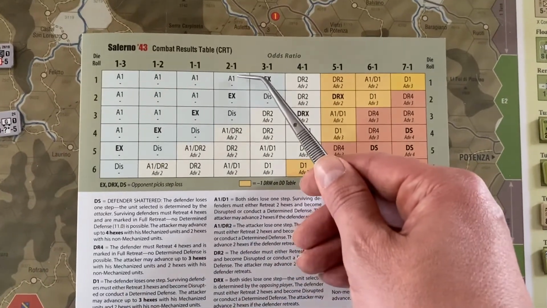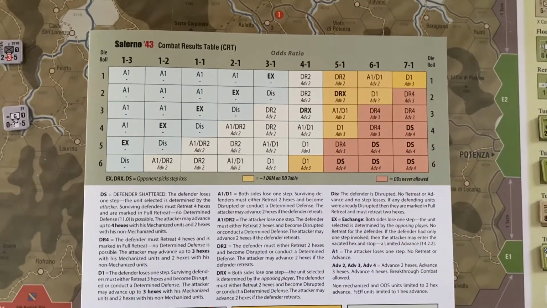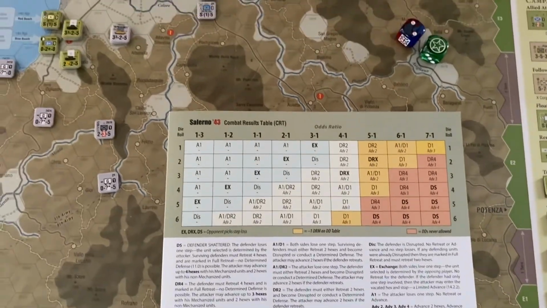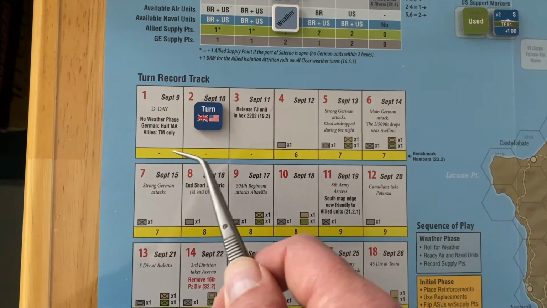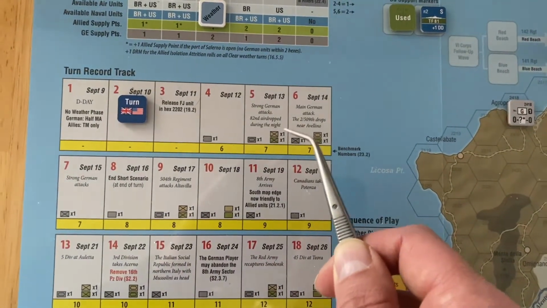The bottom line is with 1, 2, 3, 4, 4 of the 6 results mean I take a step loss. The question is, do I want to do that at this time? So before I start moving things, let's just look at the replacement schedule. We're going to have some replacements start coming in, and those are going to start for the Allies on turn